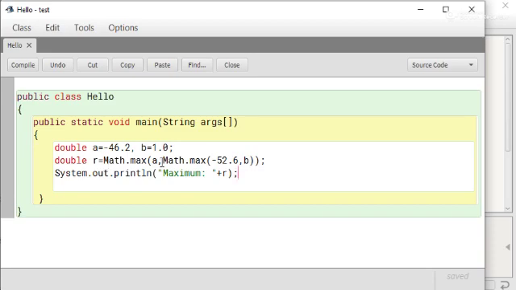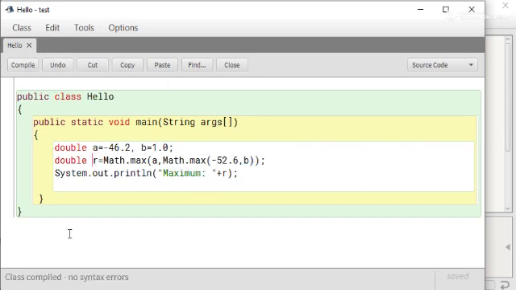First the inner bracket will execute, math.max of minus 52.6 comma b. So first it calculates the maximum value between minus 52.6 and b, and from that maximum value it compares with a, and then the final result will be stored in the r variable and it will display it.